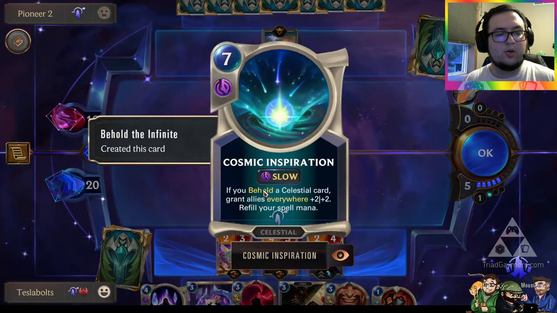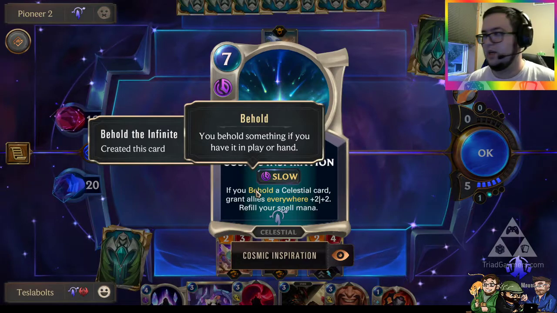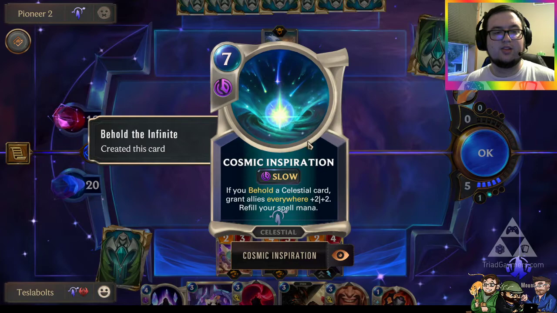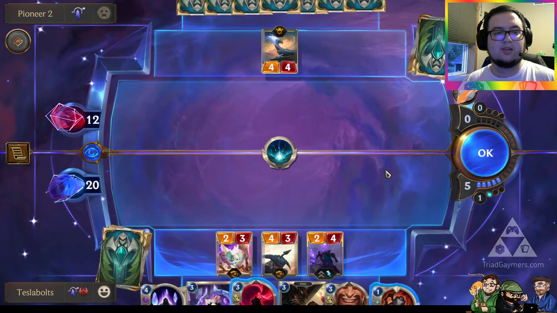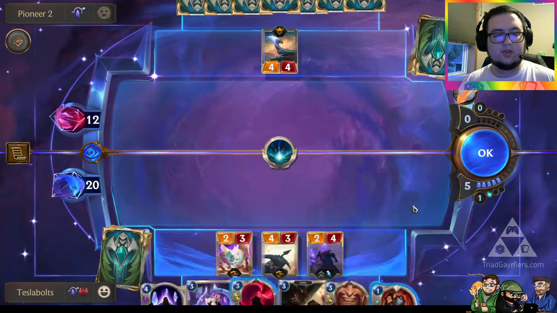What is that? If you behold... Okay, so if you hold a Celestial card, because behold is just holding something, or have it in play. So they have a Celestial card, grant allies everywhere +2/+2. This is a good card. Refill your spell mana. Yeah, so this is what you play on turn 7. I don't think I can do anything with that, so...